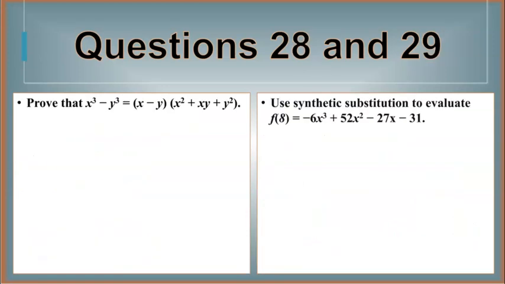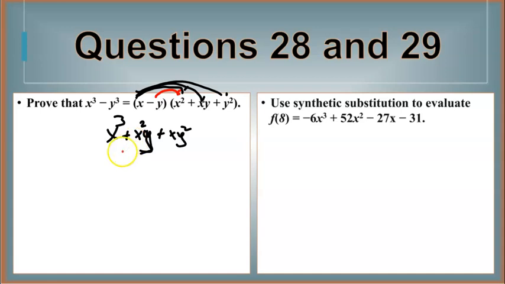Question 28. Prove that x cubed minus y cubed is equal to x minus y times x squared plus xy plus y squared. Now, one way of doing this is if I were to distribute here, so multiply them, I would end up with x cubed plus x squared y plus xy squared, and distribute the negative y, which would be a negative x squared y plus xy squared